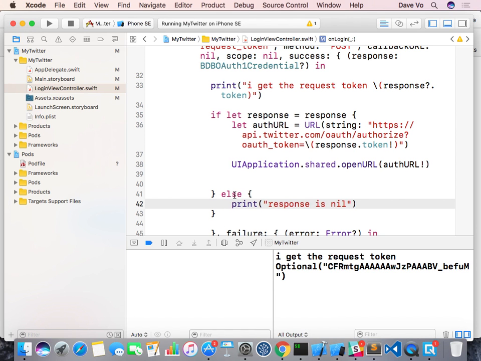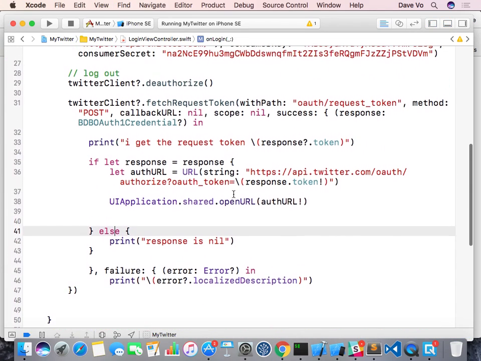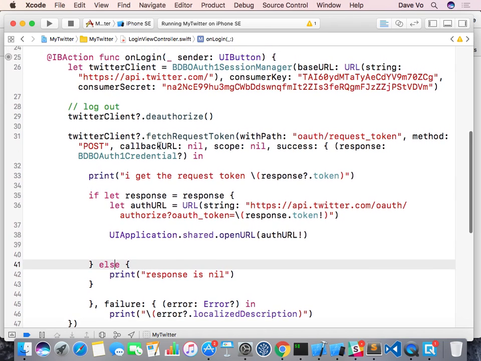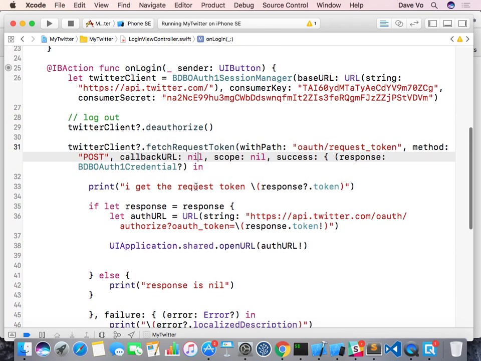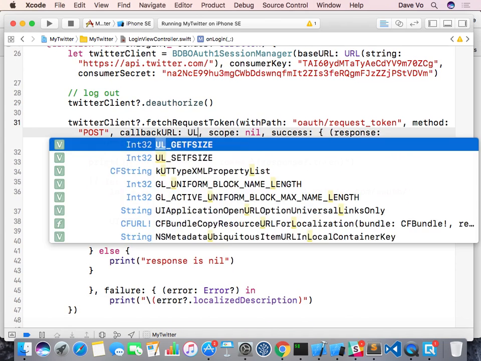So go back to this one. Okay, remember, we have one thing here before. Here we put this one to be new, right? This is where you override the callback URL. You put a new callback URL here, and then ask that web page that after you authorize, it should go somewhere else. Don't go to whatever the Coder School thing. Okay, so how are we going to implement that to override this one? So it's the URL, right? So you need the URL,